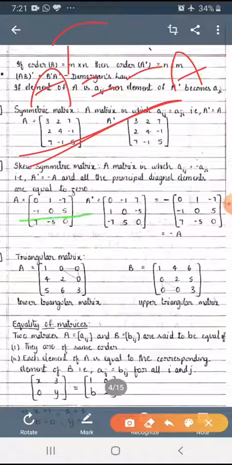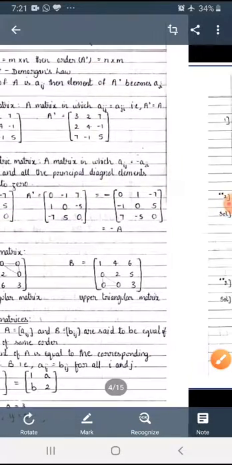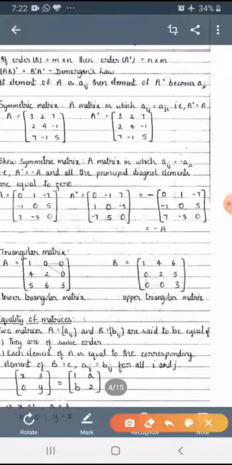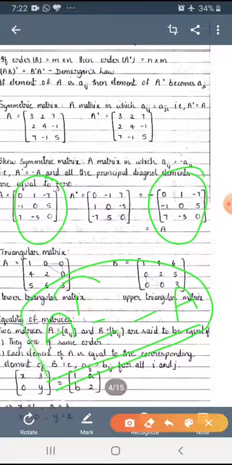Now for the second row elements, -1 0 5, while interchanging, observe here, -1 0 5. So different or same? Same only. Now again interchange, this is the third row. After interchanging, observe here, you just take a minus common. If you take minus common, again it will be the given matrix. So A transpose equals minus A. It is the condition for the skew symmetric matrix.